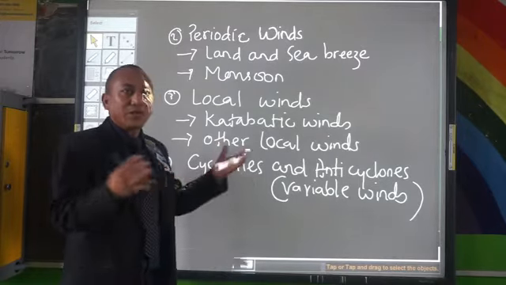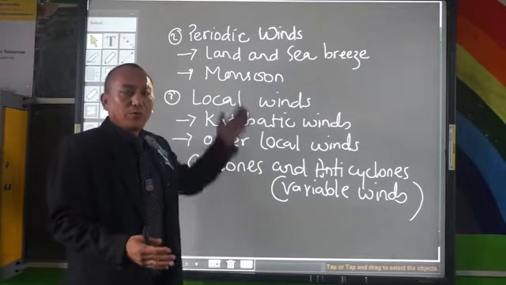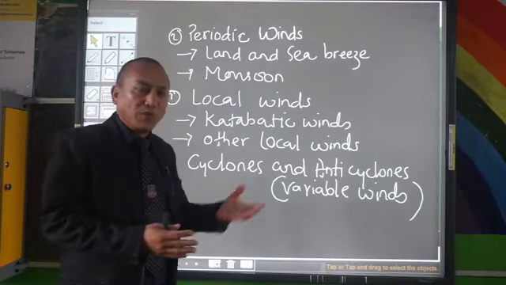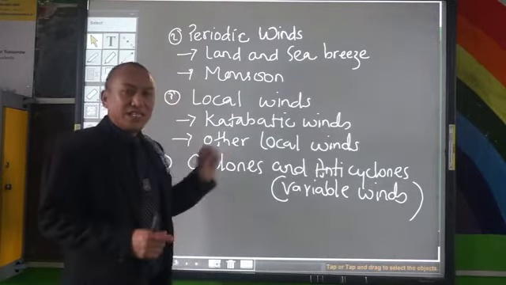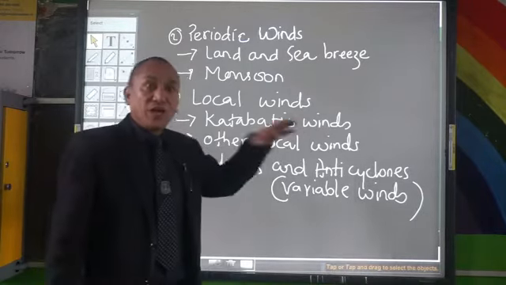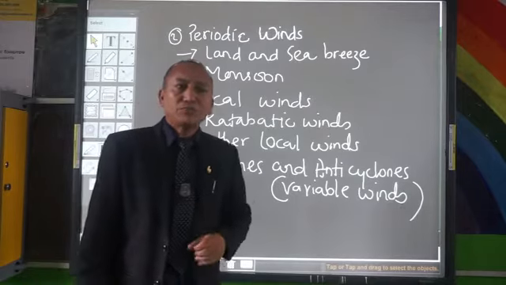See, the katabatic winds blow from the mountains to the valleys during the night time, and we also have winds which blow from the valley to the mountain during the daytime. Then we also have other local winds. The other local winds, for instance, if you see, we have